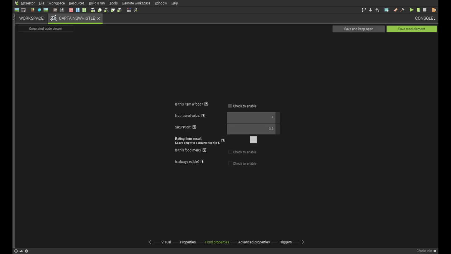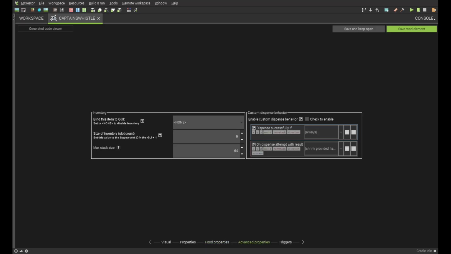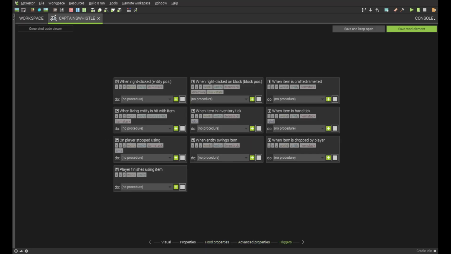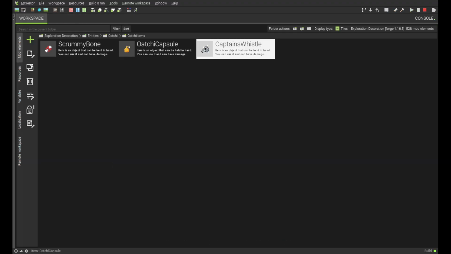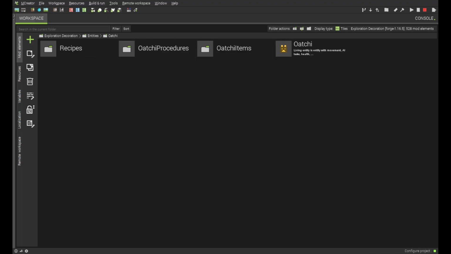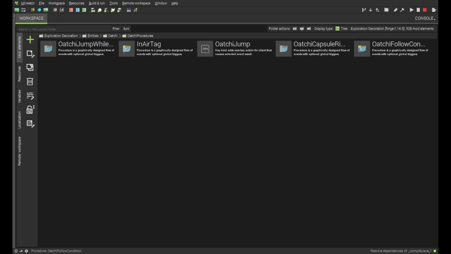Food properties, it doesn't need any. Advanced properties, it doesn't need any. Triggers, it doesn't need any. So this is all you need to do. Once you're done, you save mod element, and then whatever your object is, just keep in mind what it is. So we'll go over to the Ochi folder and in Ochi procedures, and I'm going to show you the Ochi follow